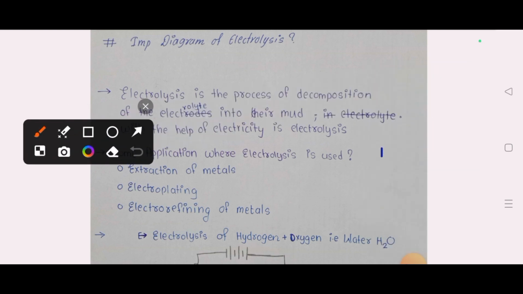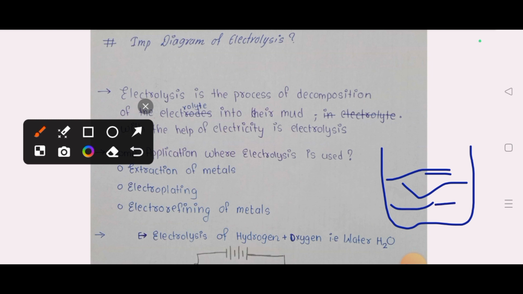This is one container, and here I took a solution of copper sulfate, that is CuSO4. For example, I take the solution of CuSO4, and I took this solution, and what I did,